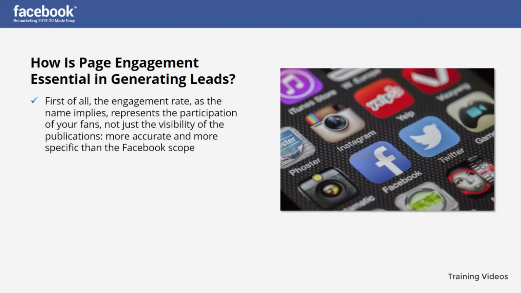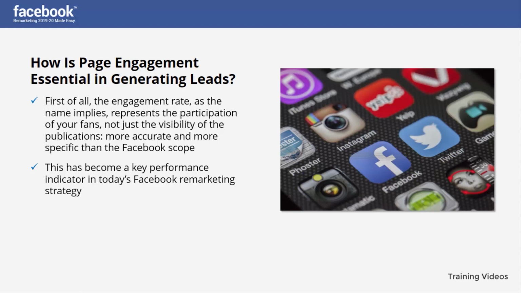First of all, the engagement rate, as the name implies, represents the participation of your fans, not just the visibility of the publications. More accurate and more specific than the Facebook scope. This has become a key performance indicator in today's Facebook remarketing strategy. Though showing your posts to 30,000 people will not bring you any value if only 6 to 10 of them